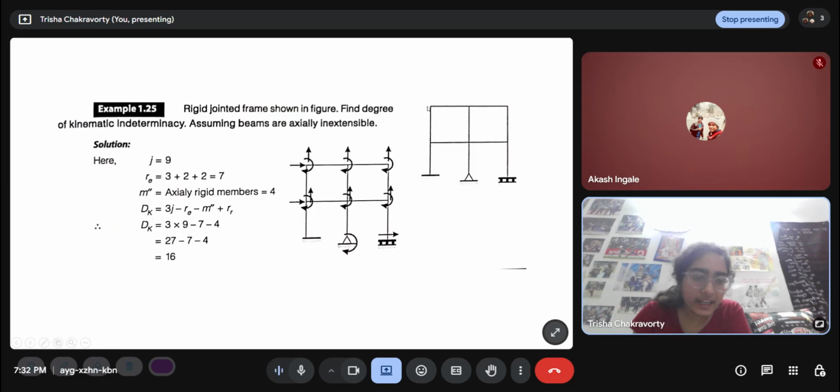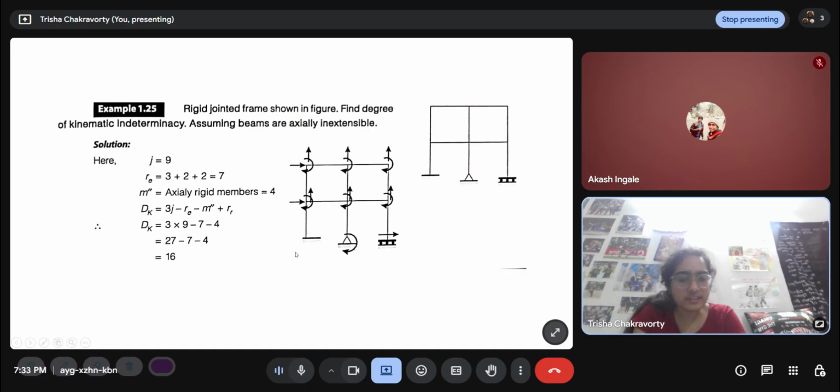That's why any one of these three joints will have a horizontal freedom, and the rest two will not. If 3 points decide to move together, then if I know the displacement of one point, I automatically know the displacement of the other 2 points. That's why there is 1 degree of freedom in the horizontal direction, and for these 3 points also there is only one horizontal degree of freedom. You can draw it on this node or on that node, but you have to draw it on any one node.